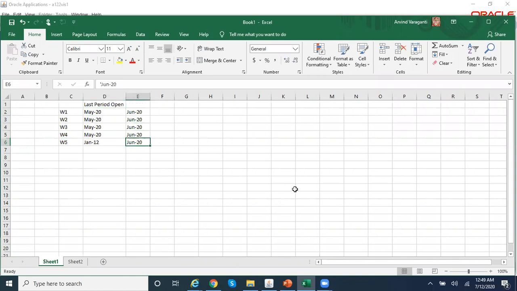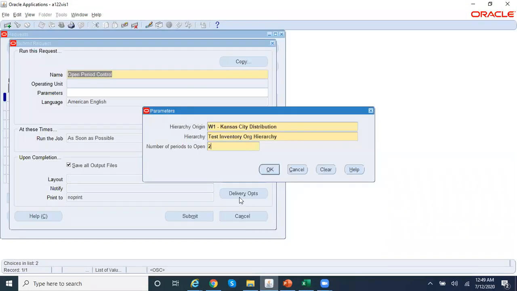If I say number of periods to open as 2, it's going to open June as well as July for W1, W2, W3, W4, and for W5, it is going to open all the periods from Jan 12 to July 20. Now as we are in July, let us set the number of periods to open as 2 and see what happens.